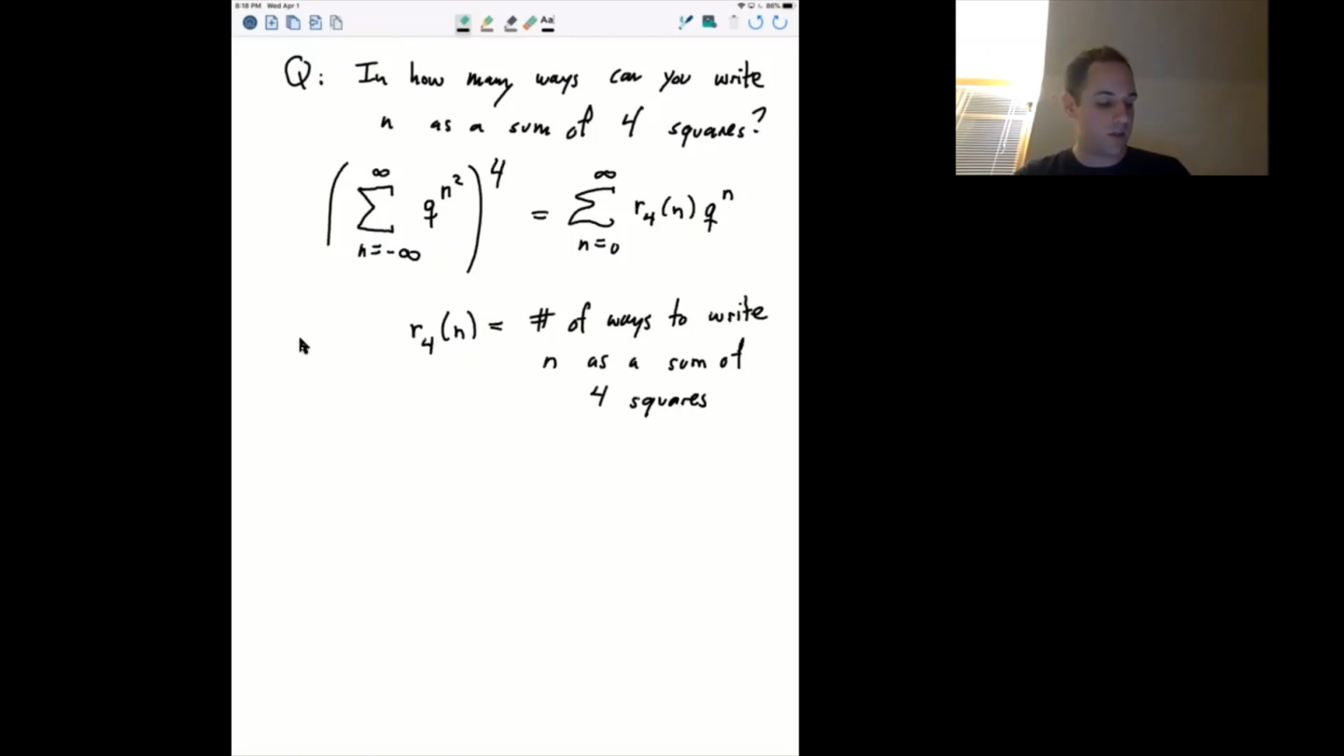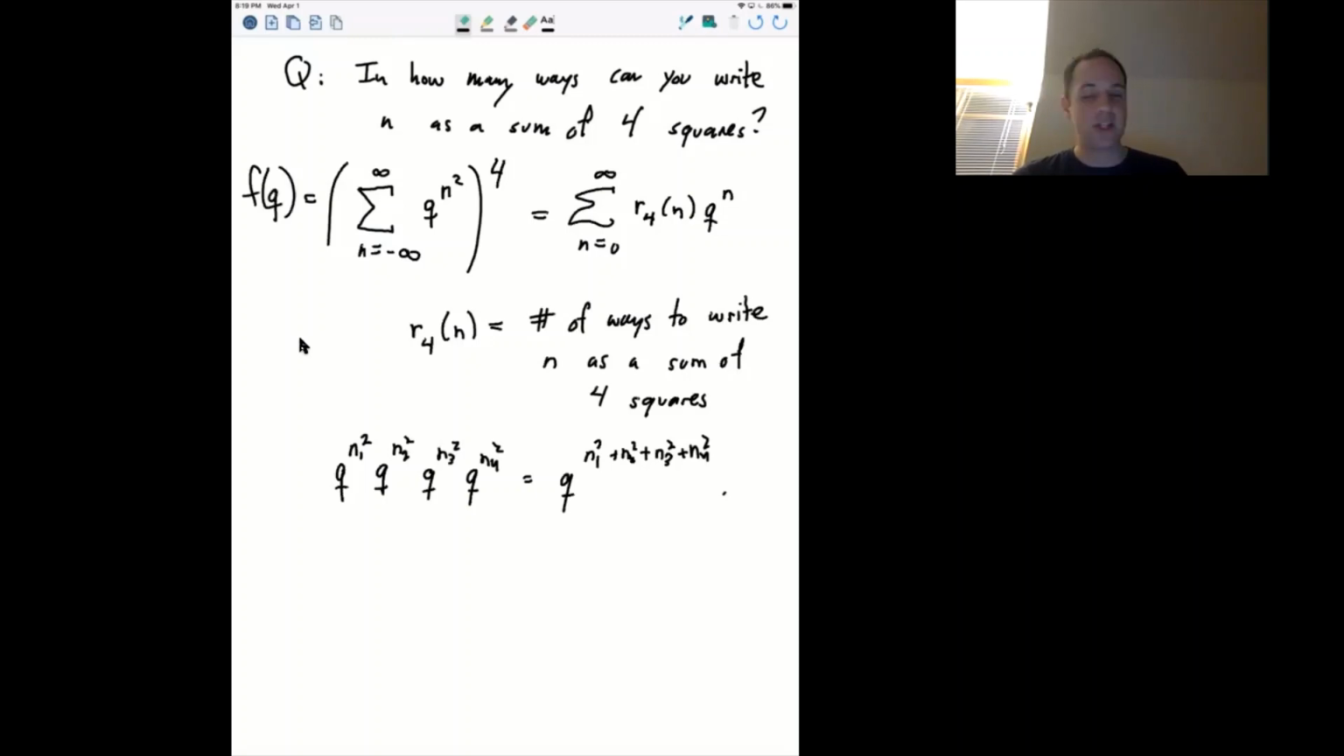So the point is that q to the n1 squared times q to the n2 squared times q to the n3 squared times q to the n4 squared is q to the n1 squared plus n2 squared plus n3 squared plus n4 squared. All right, so this is not a new idea. This is just a reshuffling of the same problem, phrased in a different way. But then the surprising fact is that this function, f of q,